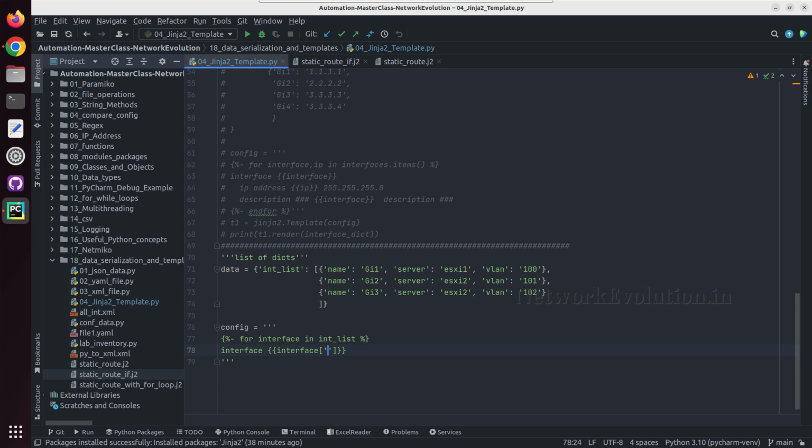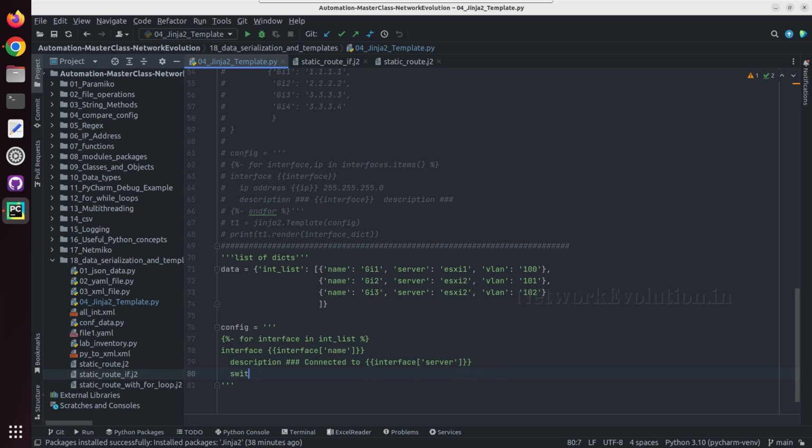To configure the interface, first I'll access name, then I'll add 2 spaces and then description, connected to, and then I'll give the server details. For that I can copy this, paste it and change this to server,